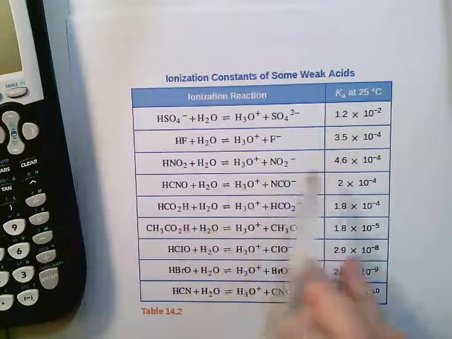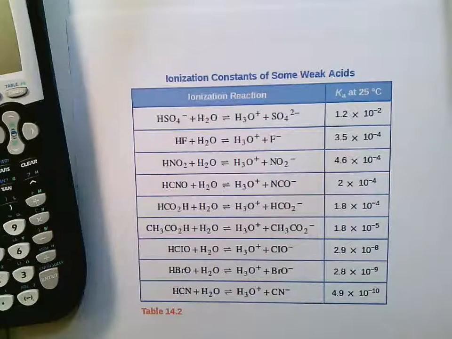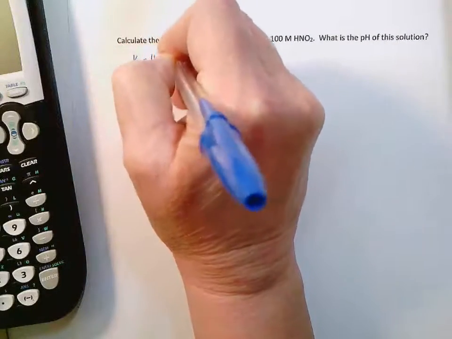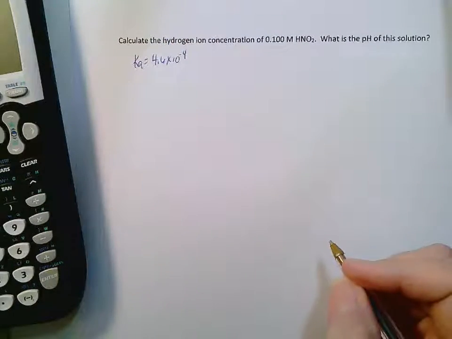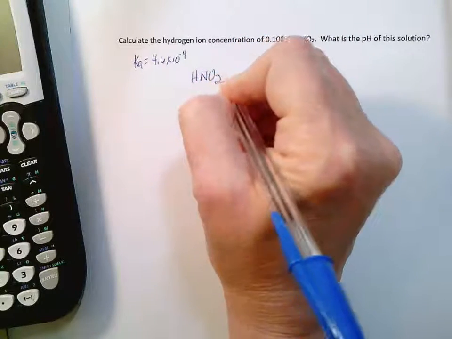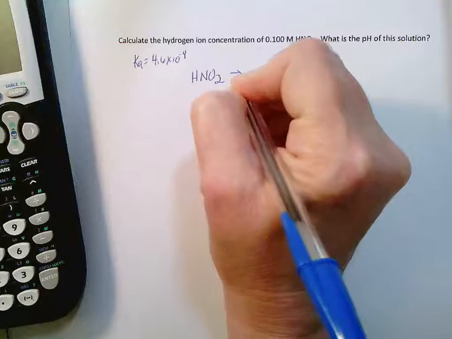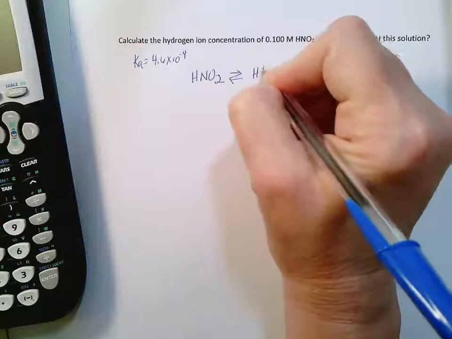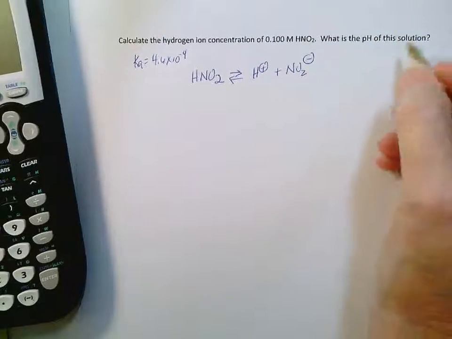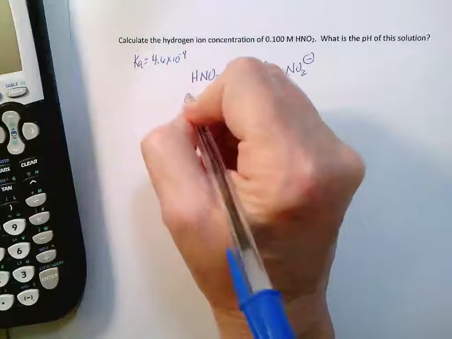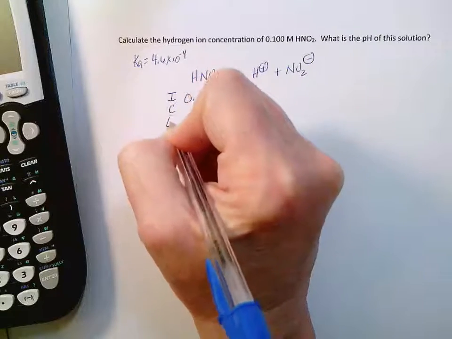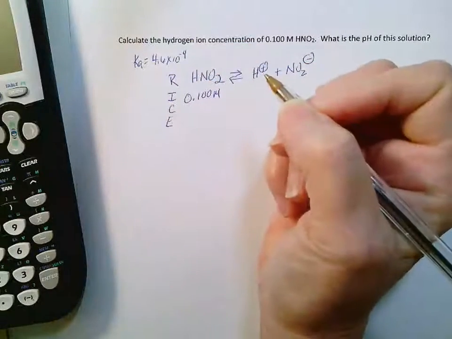Here's the one we have in this problem, so it's 4.6 times 10 to the negative fourth. So my Ka equals 4.6 times 10 to the negative fourth. Next thing I'm going to want to do is to write out that equation. So HNO2 dissociates, and now this is an equilibrium, and I get H plus and NO2 minus. And so if I start with a concentration of 0.100 molar,